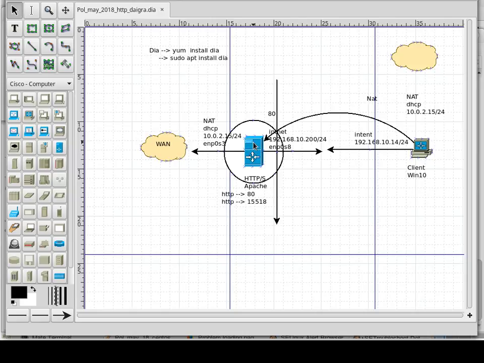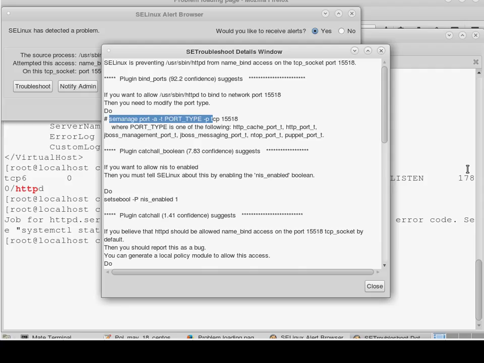So the security Linux wasn't expecting that HTTPD began to listen on this port. So you have to inform SELinux that right now it must also regard it, and so it's only missing the port type. Okay,